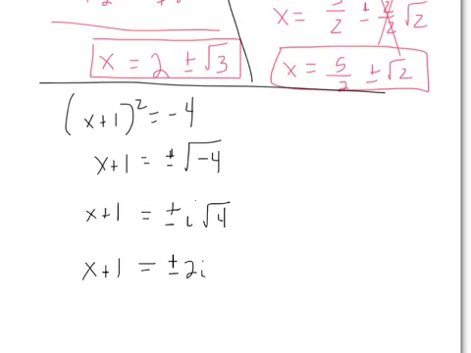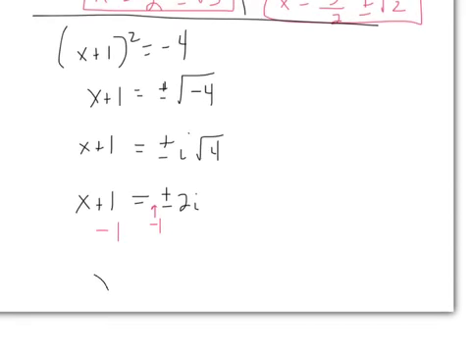Final step is to subtract the 1 from both sides, and remember when we subtract the 1, it puts it in the front here, so we're going to input the 1 right there, thus giving us a final answer of x equals negative 1 plus or minus 2i. Noticing here that our answers are no longer binomial conjugates but complex conjugates because our roots, or our solutions to